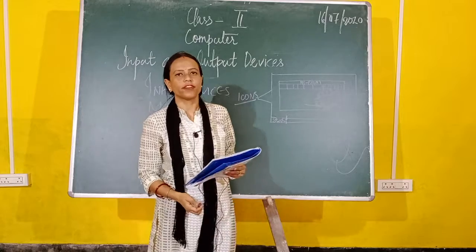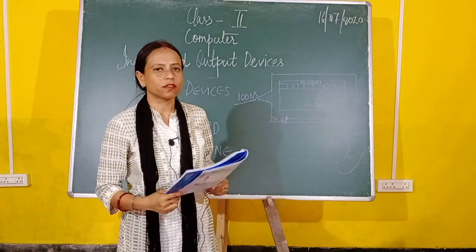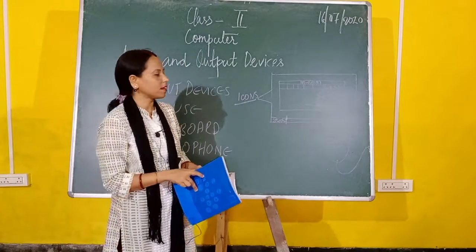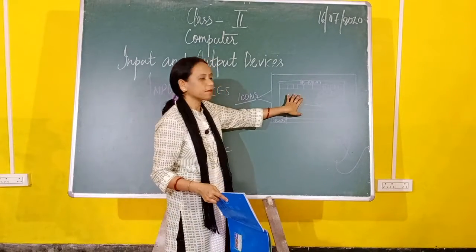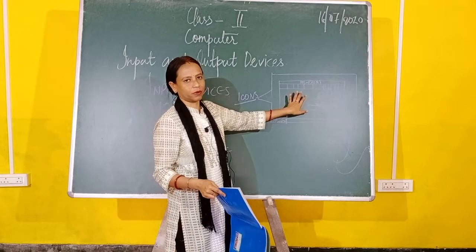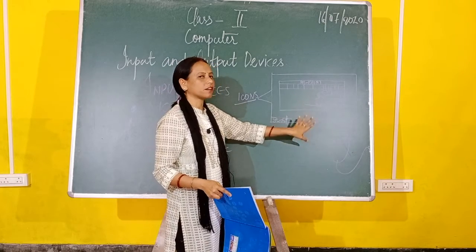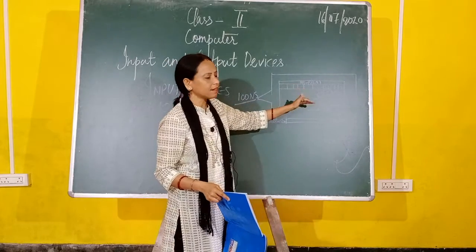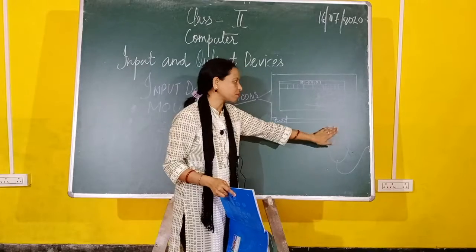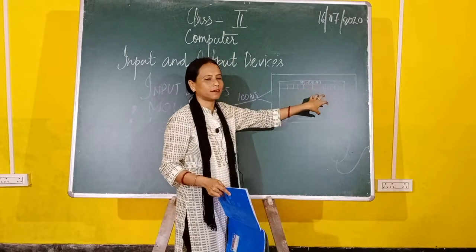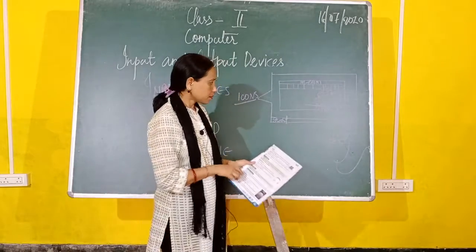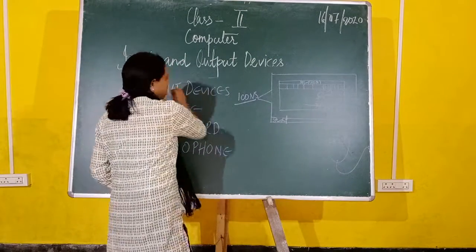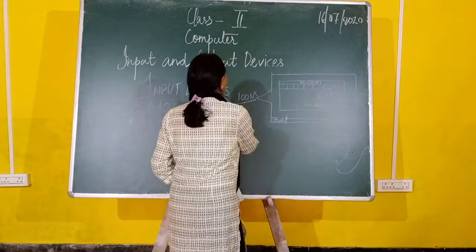So that's why we call this mouse an input device, because this mouse is helping us to work inside this monitor screen. Okay, so we cannot go inside, we cannot use a finger, we cannot use a pencil to make any drawing inside this. What is helping us? It is only a mouse which helps us to make drawing and coloring inside a monitor. So that's why a mouse is known as an input device.